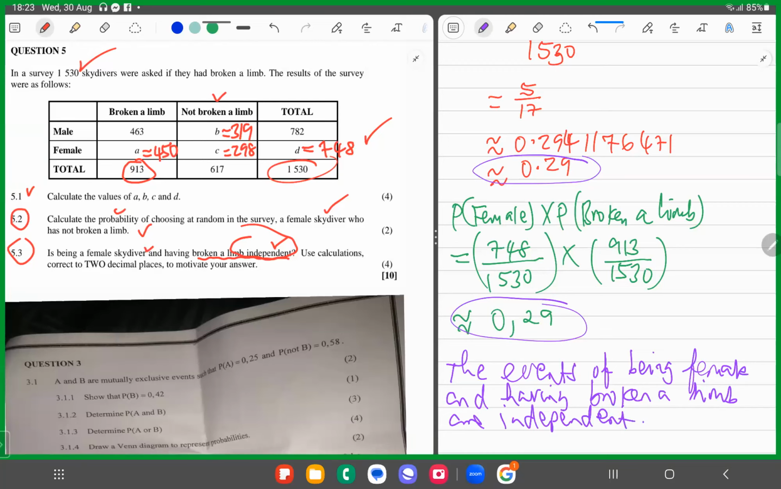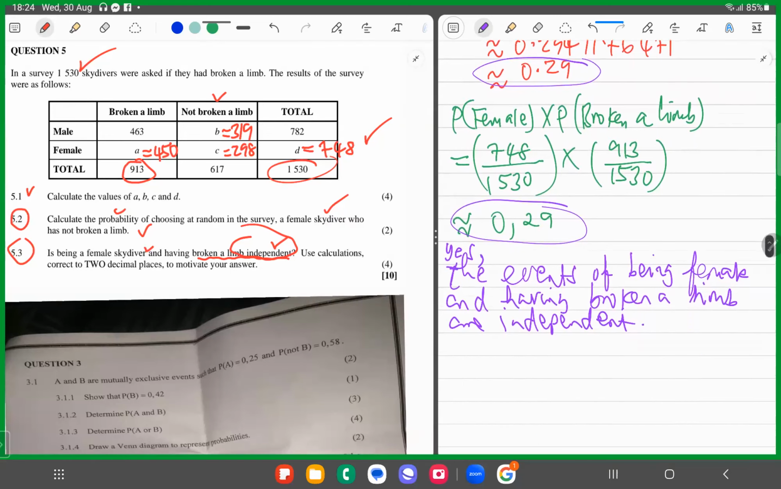The events of being female and having broken a limb are independent. So they ask the question, is being a female skydiver and having broken a limb independent? Well, the answer is yes. Yes, the events of being female and having broken a limb are independent. And the conclusion,